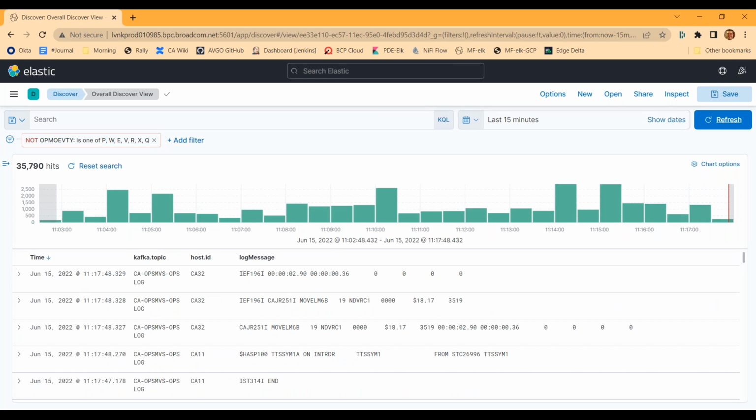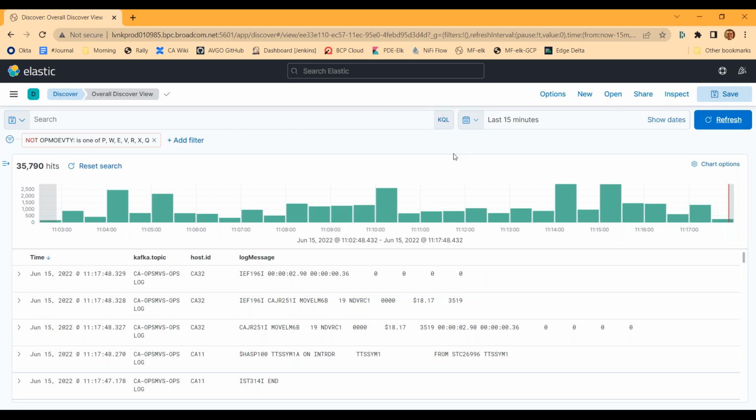We have the time column, and one of the connective pieces, which we'll show you in a bit, is Kafka. So we've got the Kafka topic, the host ID, in this case CA32, which is one of our development LPARs, and then a log message. You can see that this message looks like it came from the mainframe, and indeed it did. It's coming from something from OPS/MVS called OPSLOG.